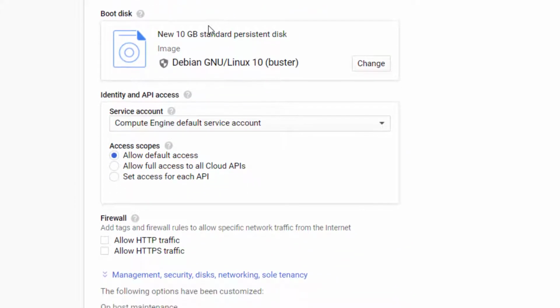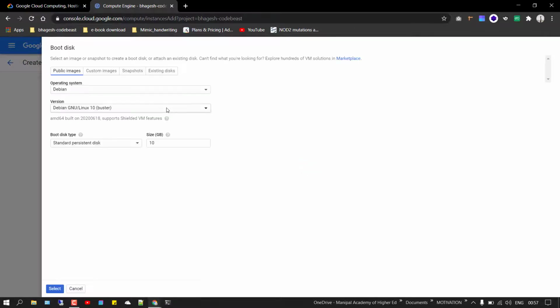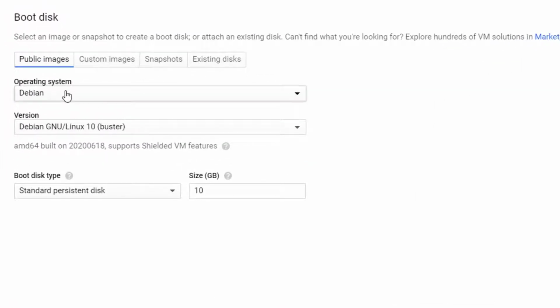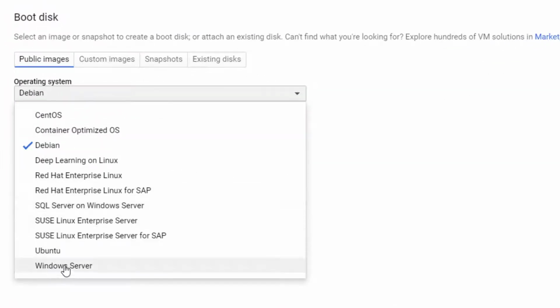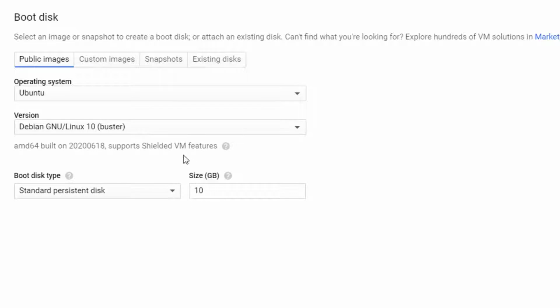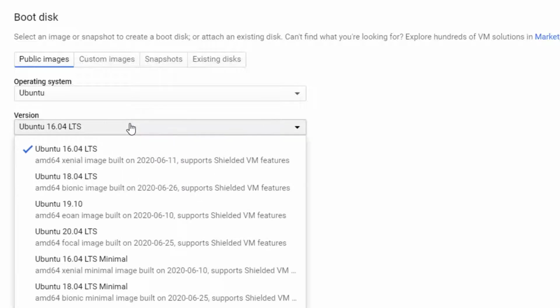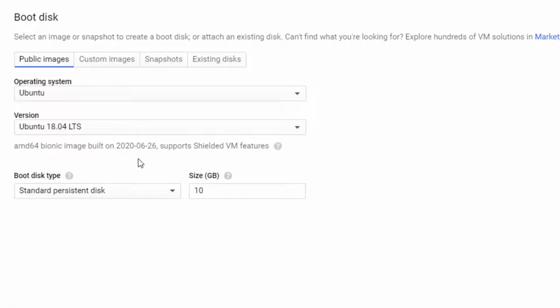And after that, just come down to a section named boot disk, and from here we can change a few things. Firstly, the type of operating system. You can go to Windows Server if you want, but since I want to build an Ubuntu virtual system, I'll be choosing Ubuntu. And from here you can choose the version of Ubuntu. Even for Windows you'll get different versions, so you can check that out. I'll be choosing 18.04 LTS for mine.